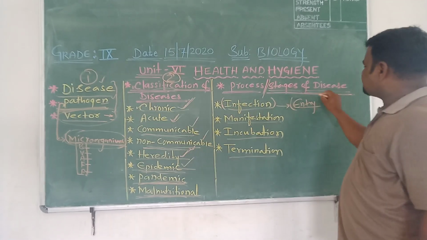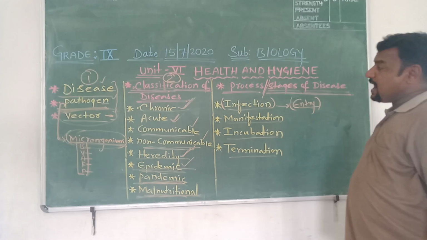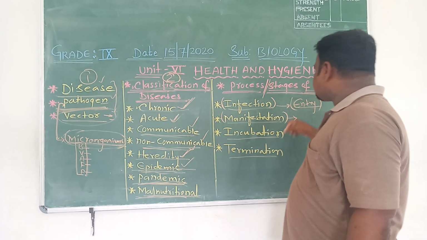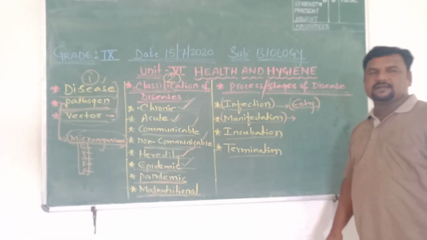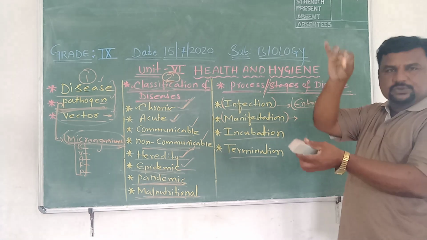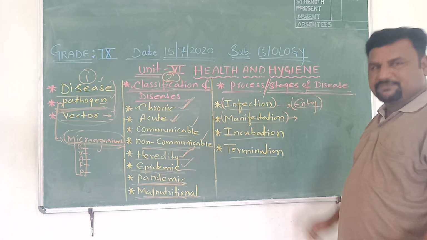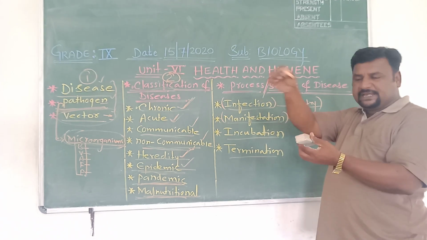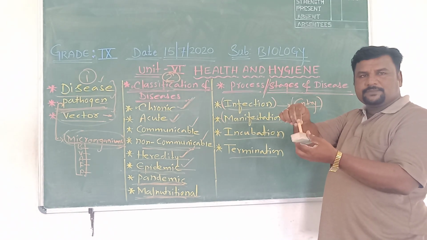The entry of disease-causing pathogen in the body. After the entry comes manifestation, the second stage, the second process of disease. During infection, the pathogen has entered into the body of the host, of the organism. Once it enters the body of any host,